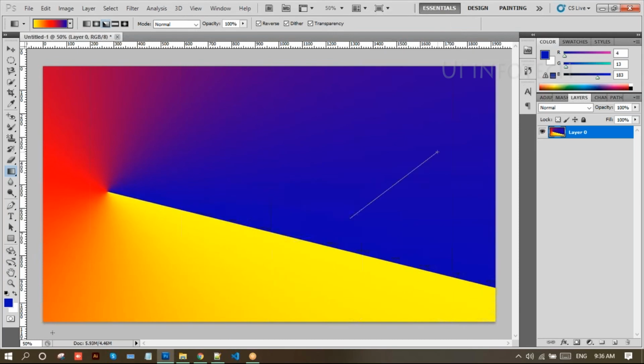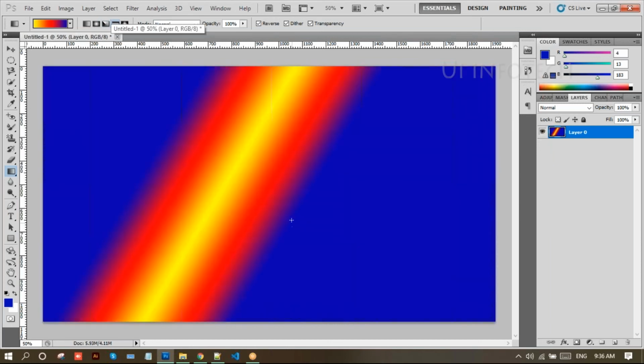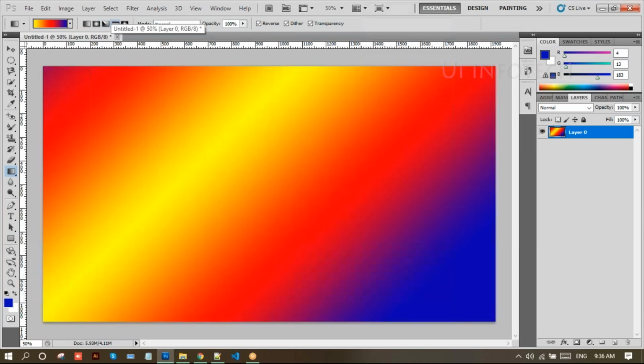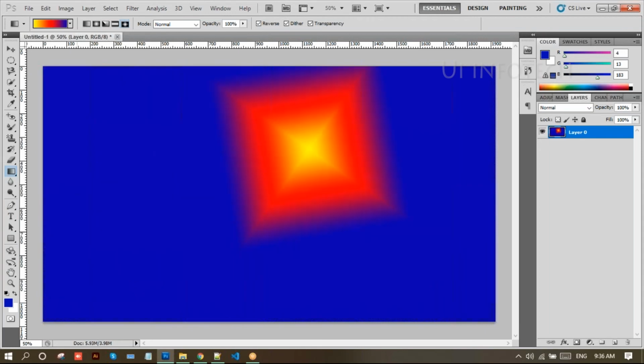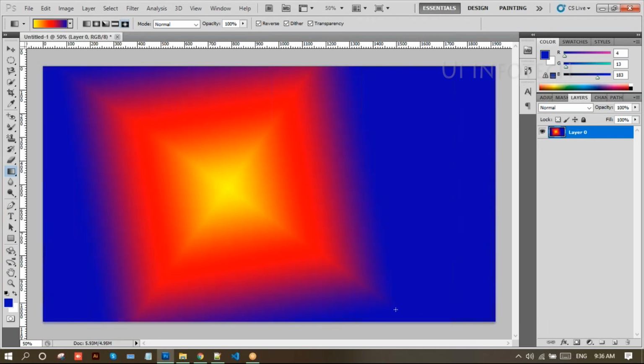And here also we have this one. This is one type of style. Look at this one. Like this, we can create the gradient overlay. And if you select this one, this is one color like this, and this is a star effect. If you want to apply any type like this, you can apply it here.